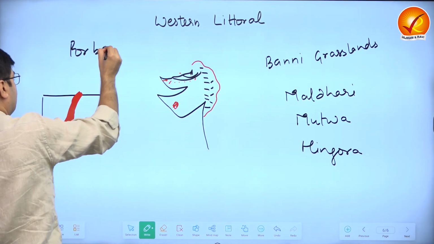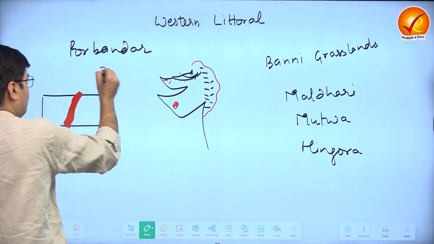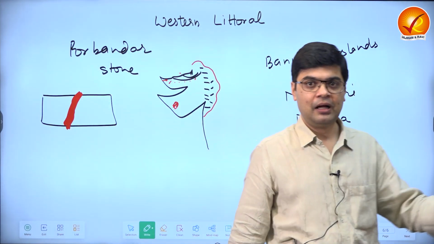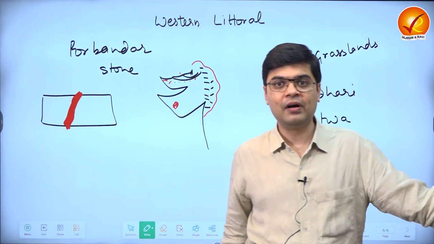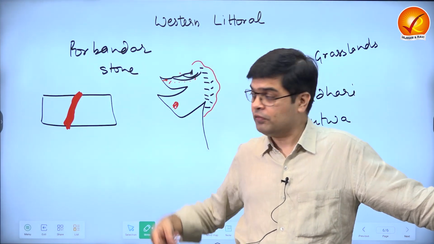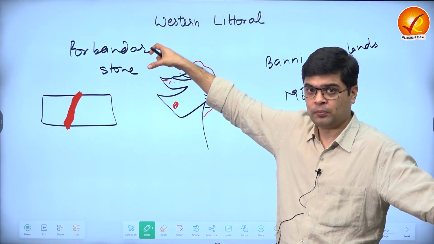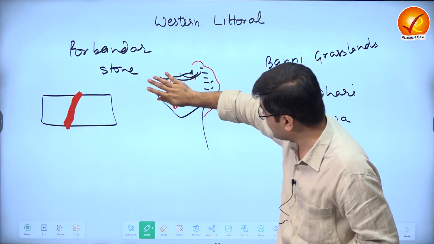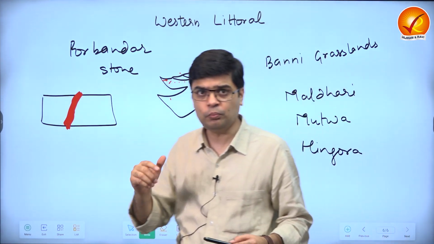The areas, the important monuments like the Chhatrapati Shivaji Terminus in Mumbai, so Victoria Terminus, all of these are made up of this Porbandar stone. Okay? Achha. Then when I look at this area of Kathiawad, the whole region,